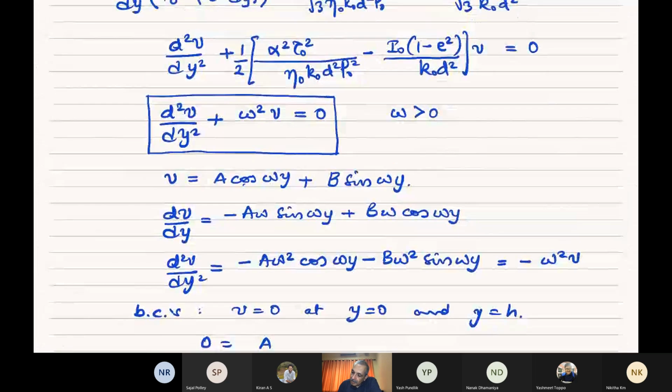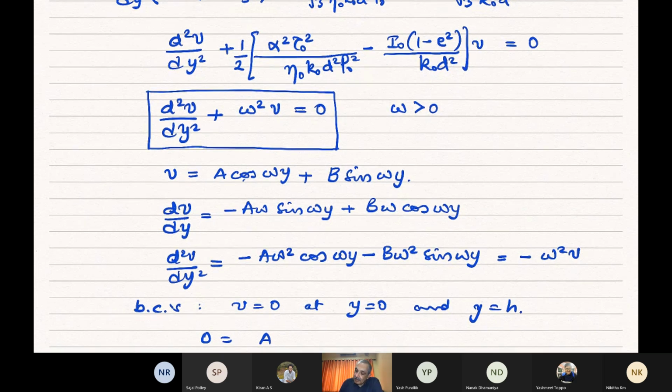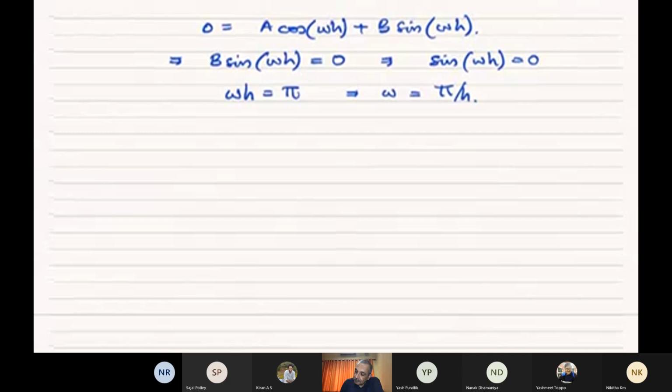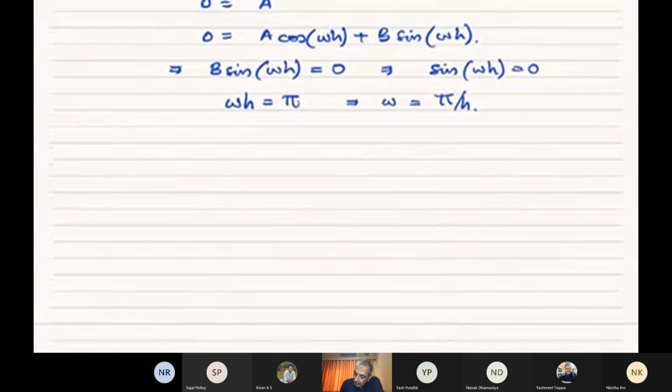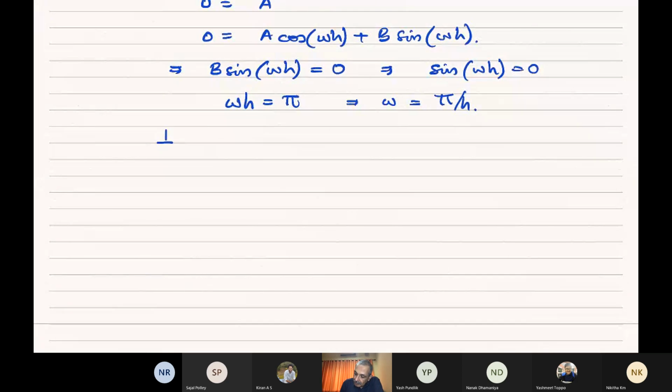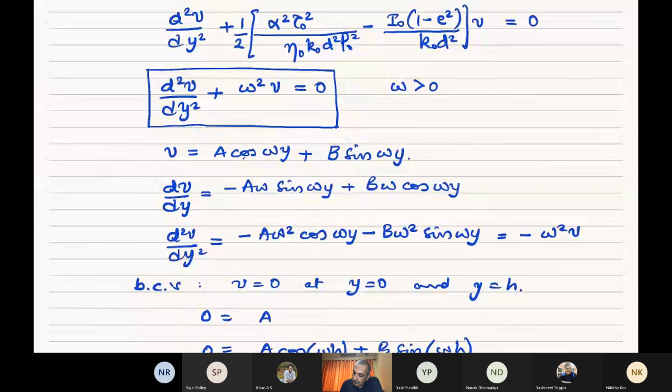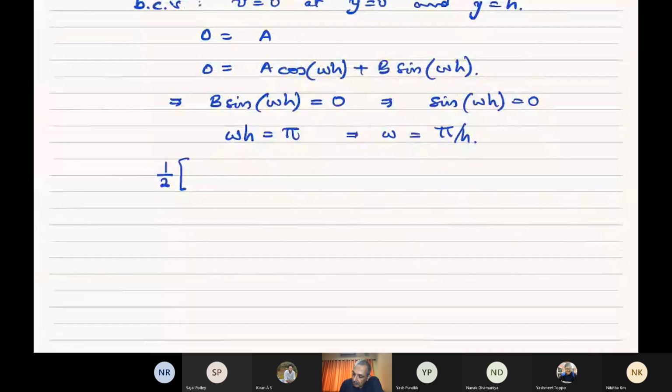And so if we now look at this omega, it essentially tells us that tau 0 and p0 are not arbitrary and they are essentially related. And so what you get is half of this term, which is alpha 0 squared, tau 0 squared, divided by